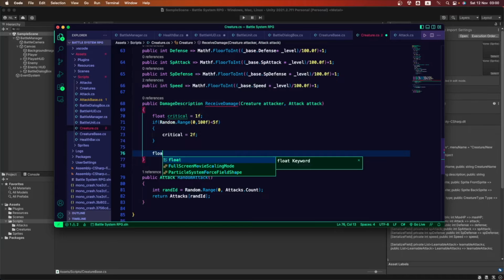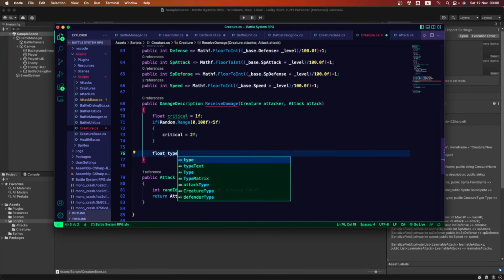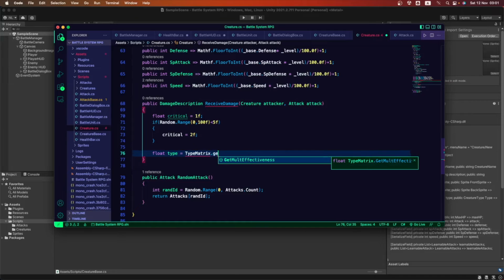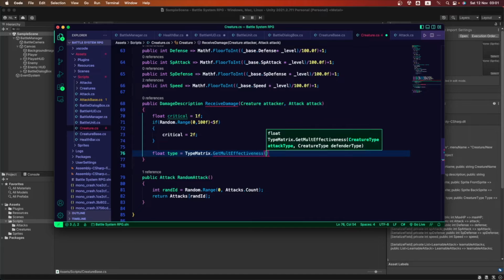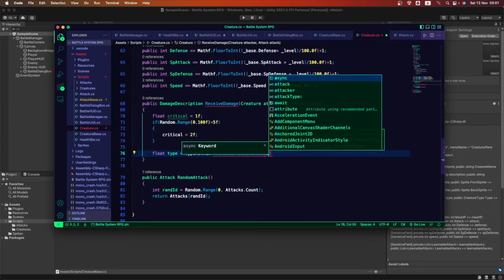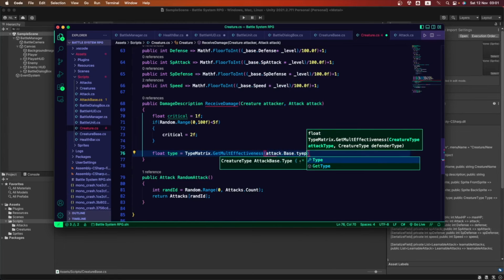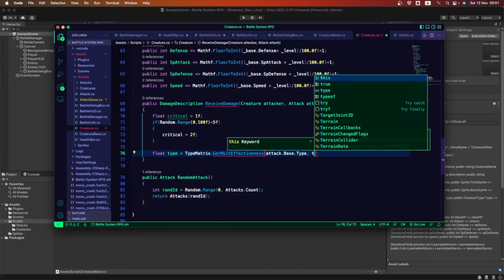After that, we want to create a type variable, and this is where we're gonna be using the one we created, the type matrix. And inside the type matrix, remember, we have that method GetMultiEffectiveness. And what are we gonna pass to that one? We're gonna pass the attack base dot type. Remember, this method wants the type of the attack, and comma this.